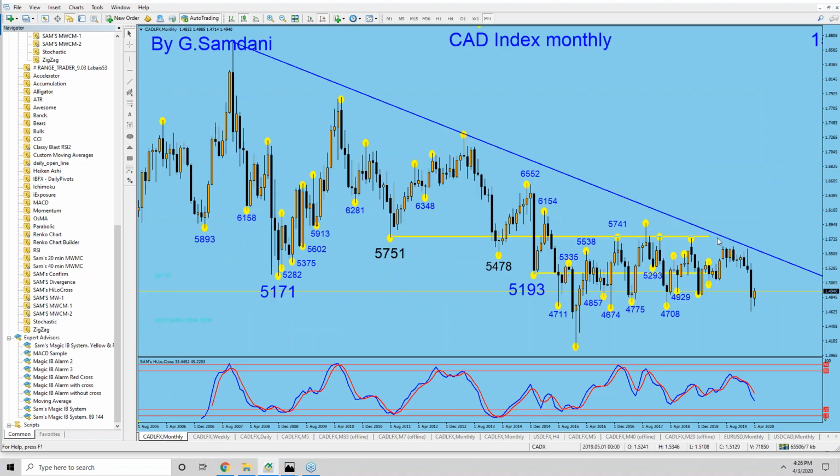CAD monthly. This is what you can find. It went up and hit very close to the TL, right? This is a big nice TL, and then we went close and we started dropping, and it's just going to do a little bit of retracement, and I think that we're going to drop even more. So CAD is probably going to get strong.